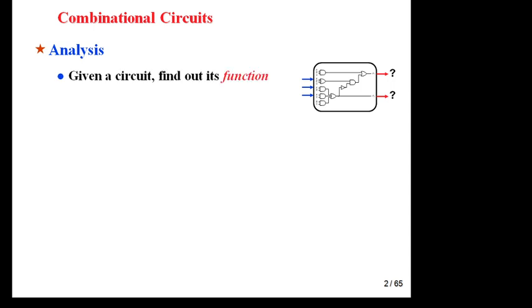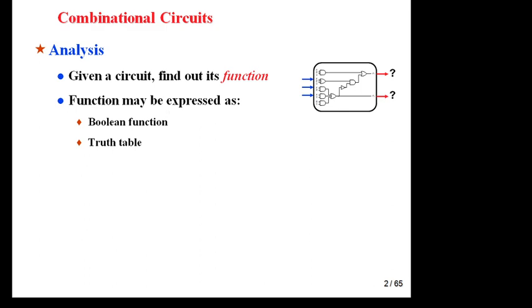How to analyze any combinational circuit? This is an example of a combinational circuit with the help of logic gates. There are 3 inputs and 2 outputs. There can be n inputs and m outputs. First, you have to express all the functions in Boolean expression form. Then you have to derive the truth table.